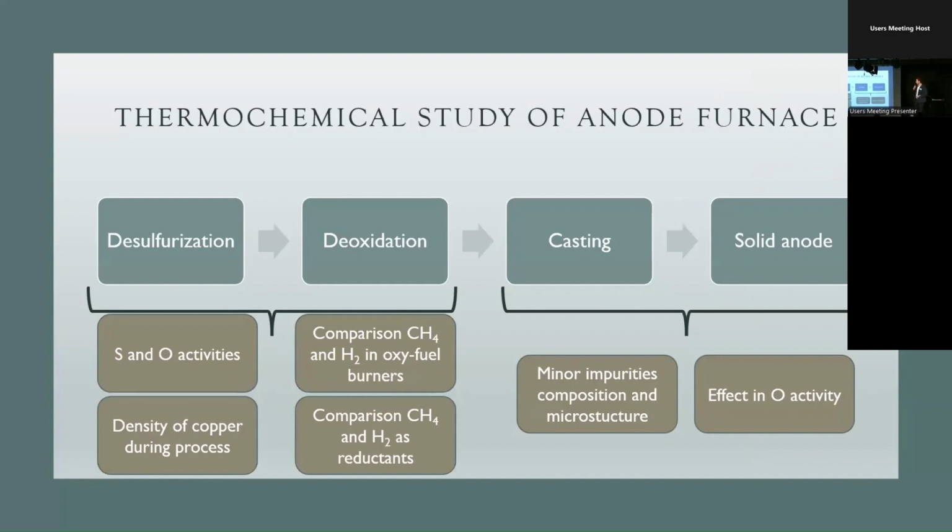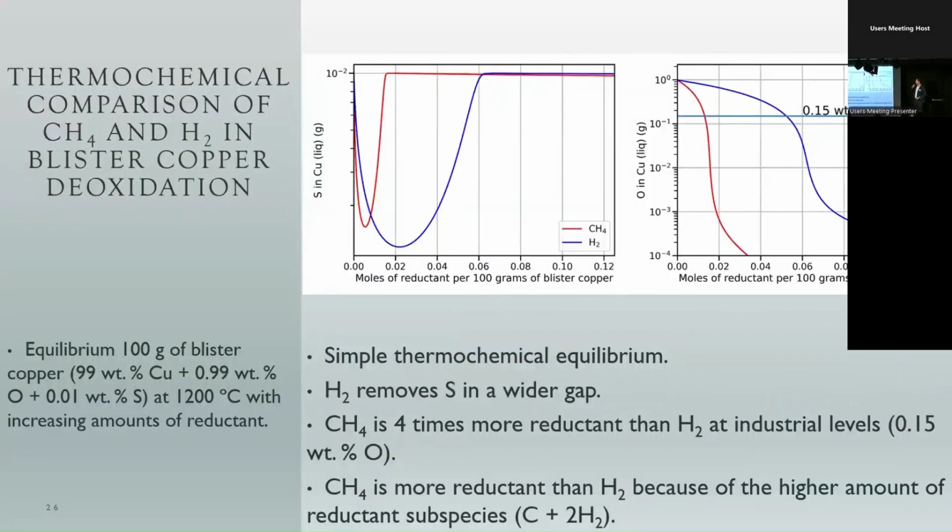So now we can move to maybe the key point, which is how reductant this bubbling is. How can we change that? So first, we performed a really simple equilibria, which is